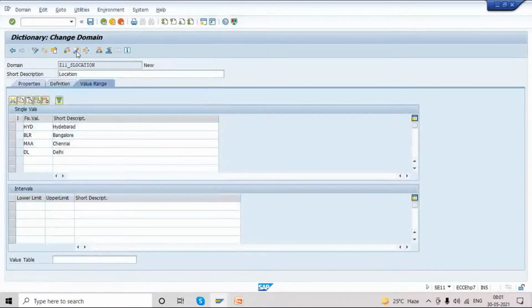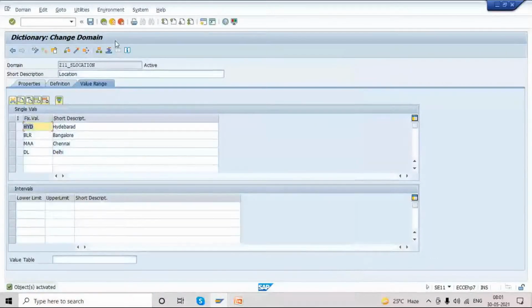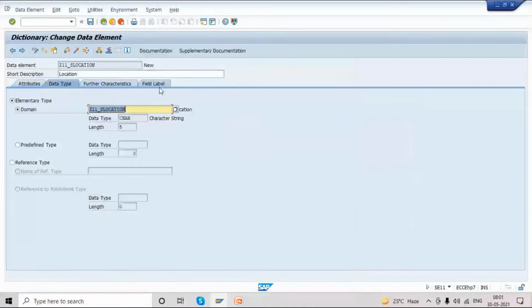Check, activate. See, now we have 3 open. Domain is open, data element is open. Anyway, the table is open until we create the other fields. But currently the data element is also open because we came through this navigation. First, domain activation. So the domain is activated. We'll go back to the data element. Here we have to maintain